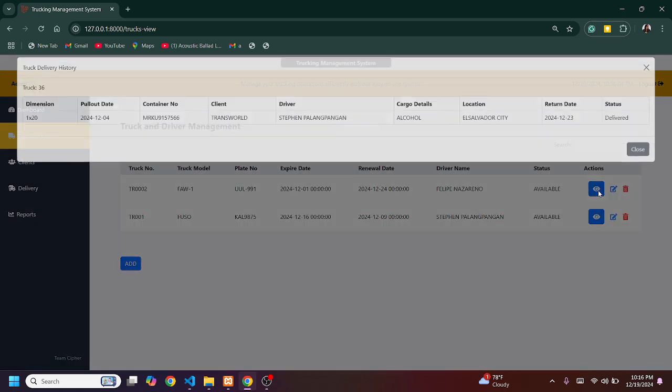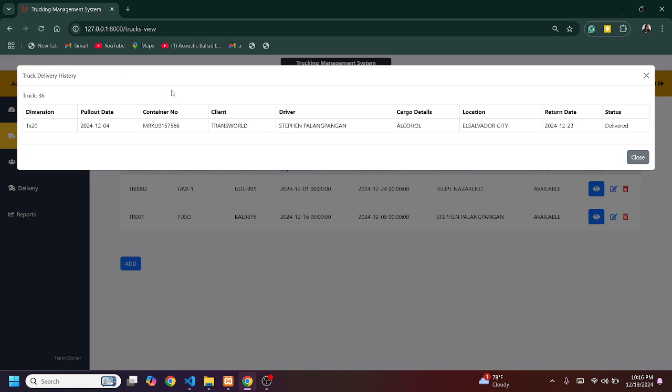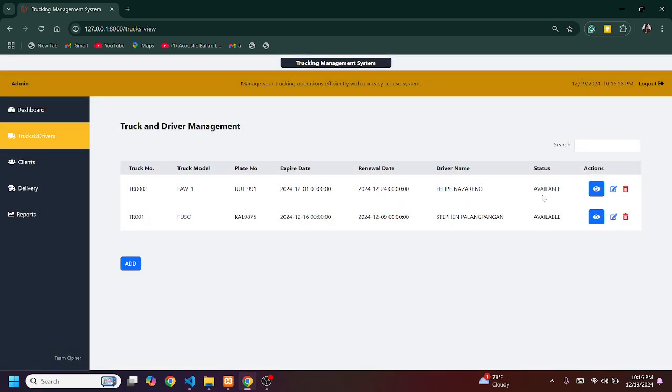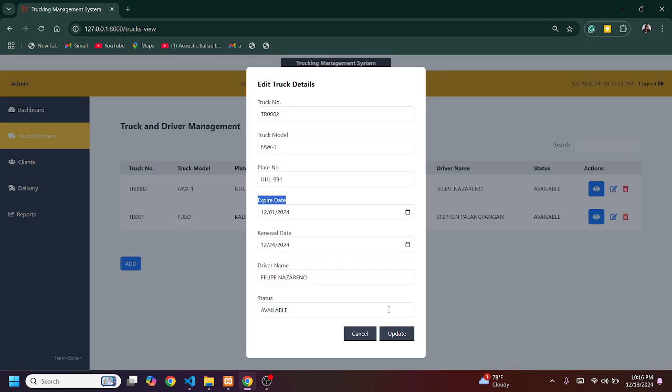First, you have the truck delivery history, where all the deliveries of that specific truck will be rendered in this table. And then we also have here edit truck details, where you can edit the truck information if you have misspelled or incorrect entries.